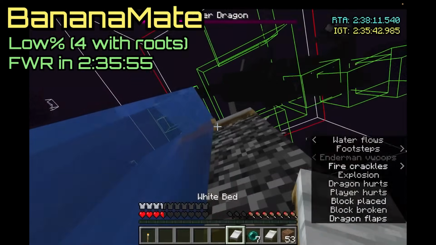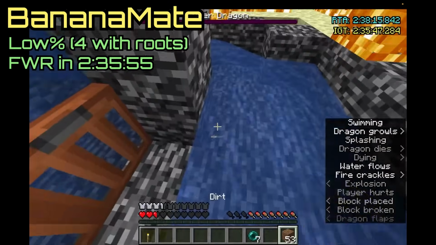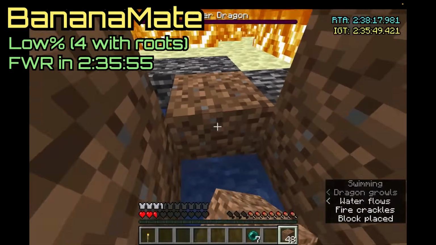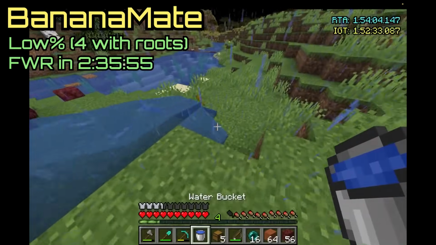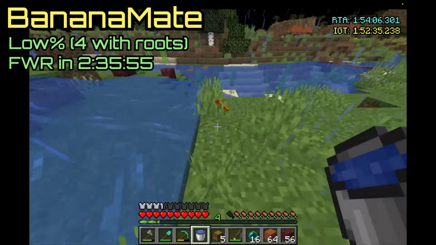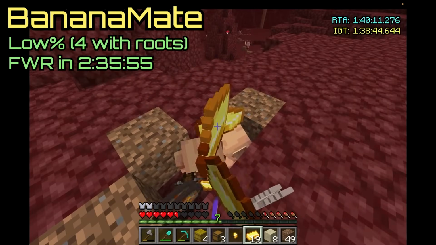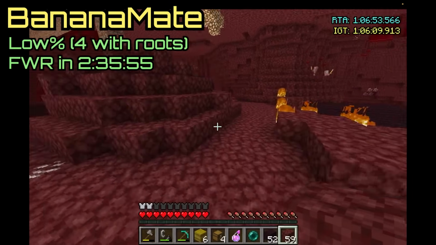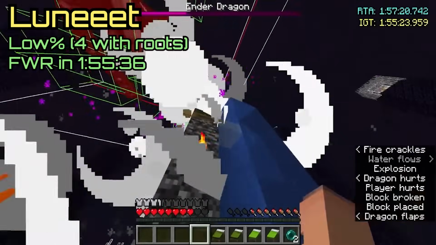In May of 2023, Bananamate posted a new submission to the leaderboard, a 2-hour, 35-minute run that blew Endguiop out of the water. The biggest difference maker is Bananamate's ability to efficiently transport items that he can't hold in his inventory, which there are a lot of, and how much more quickly he was able to get his ender pearls after getting blaze rods. This new record would stand for about 9 months, until on March 1st, 2024, Lunit broke